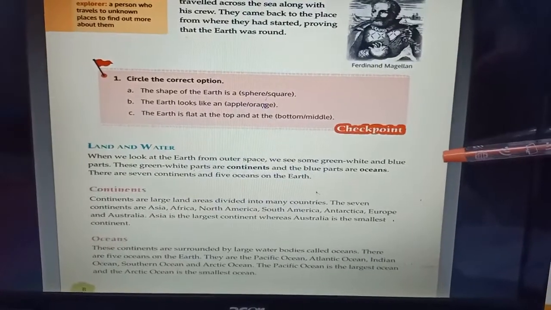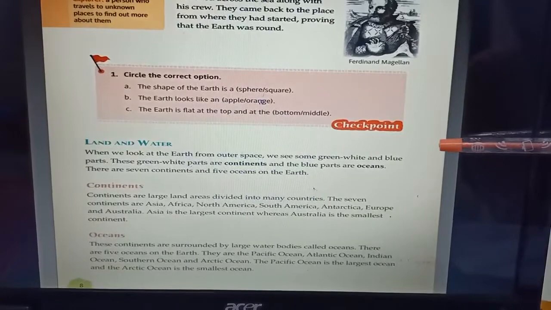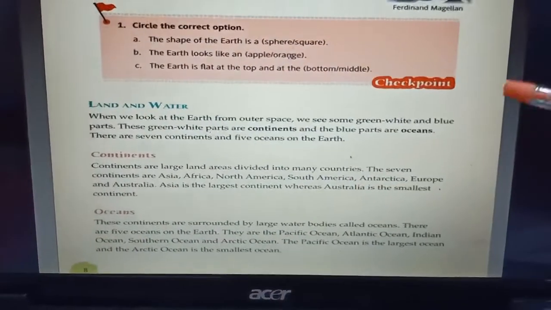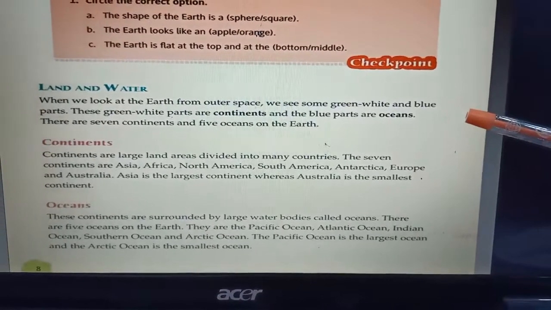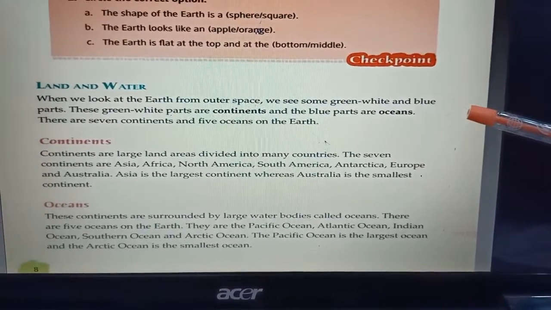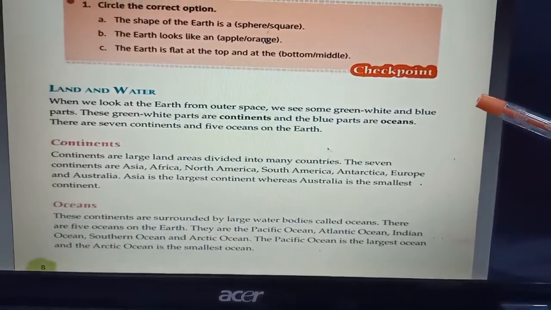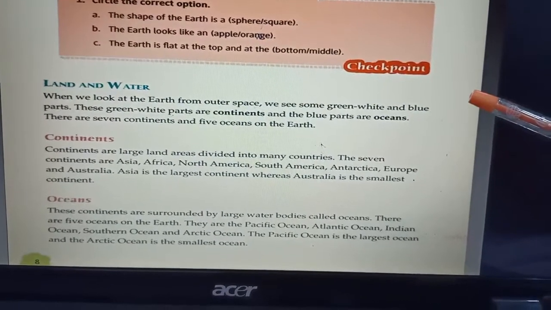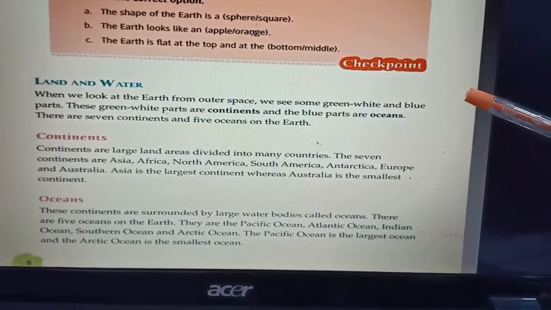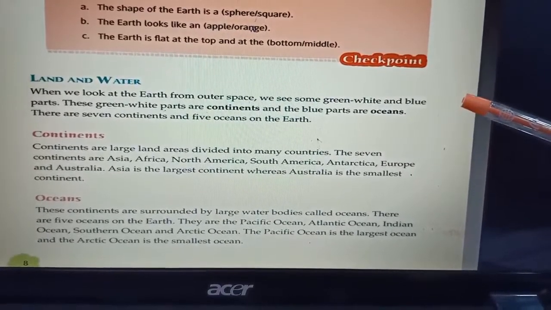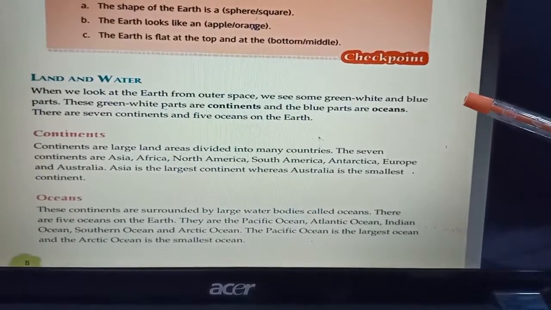Now we will recall the concept of oceans from the course book, page number 8. Land and water. When we look at the earth from outer space, we see some green, white and blue parts. These green, white parts are continents and the blue parts are oceans. There are 7 continents and 5 oceans on the earth.